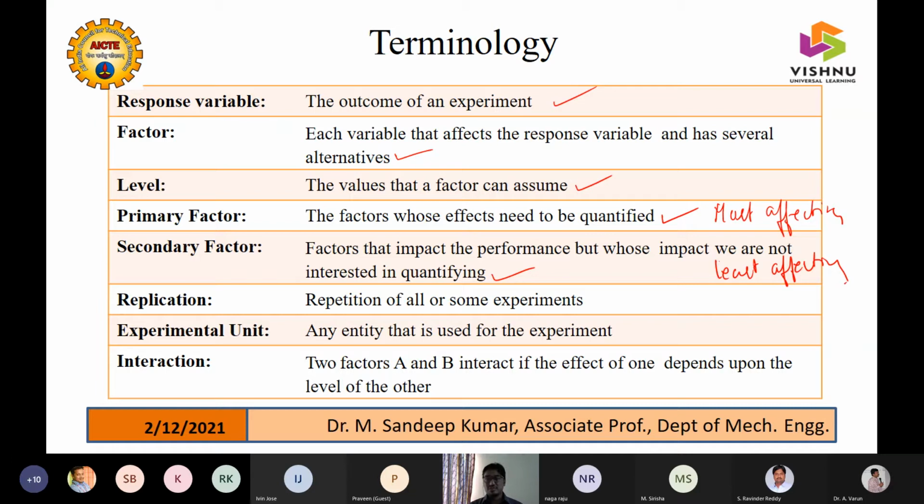There will be a number of factors, but careful observation is required. Yes, if you can do it with careful observation, that is fine. Otherwise, we have ground rules through which you can identify the factors and identify the levels of your experimentation.